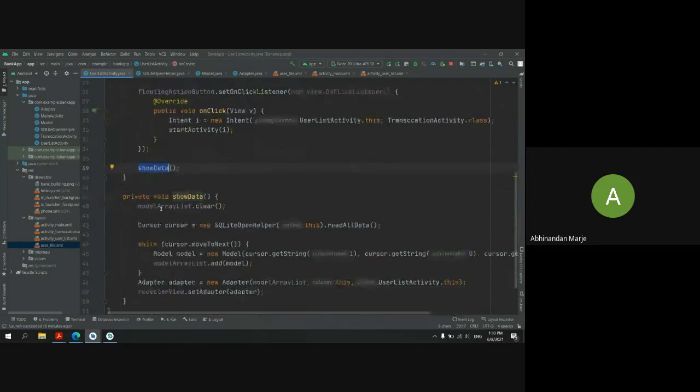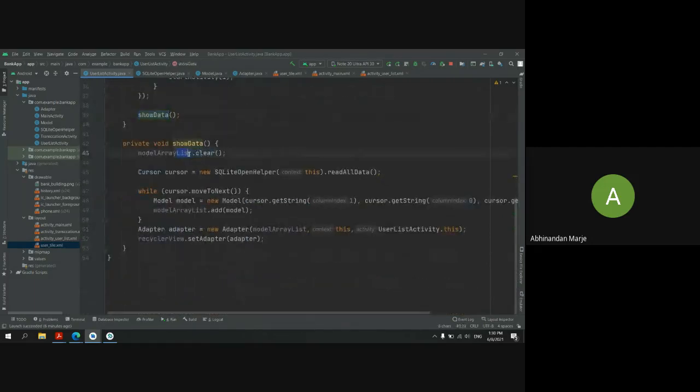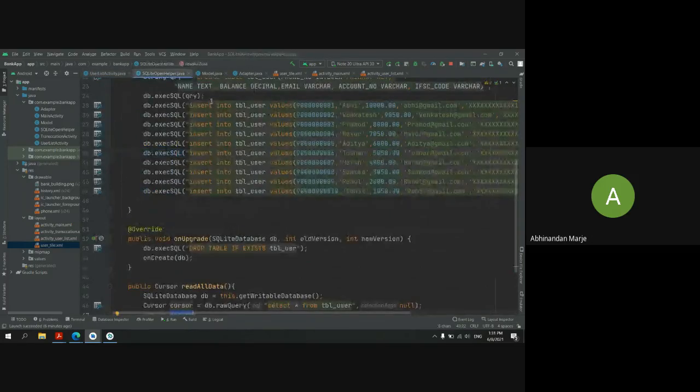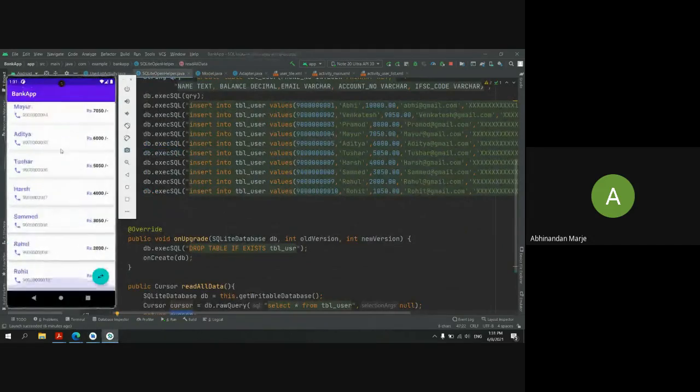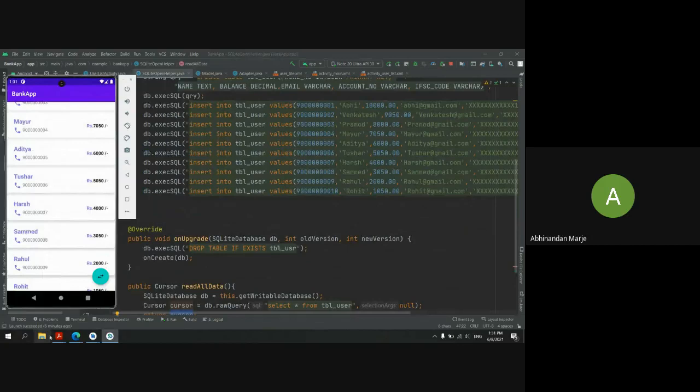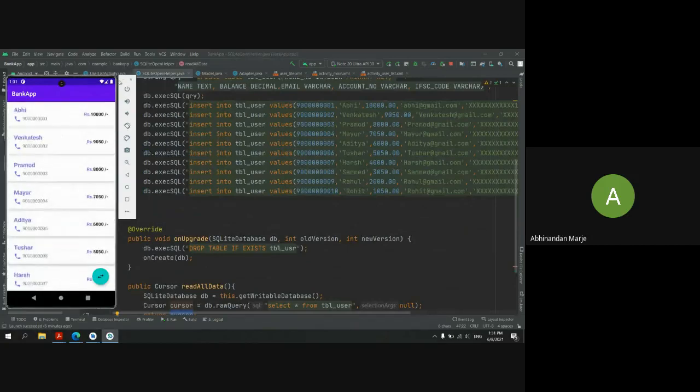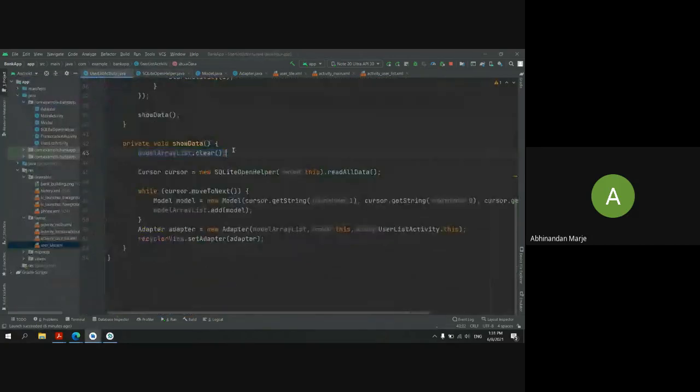Then I'm making sure that when I'm creating this, my array is cleared. If you do not mention this line, what will happen is that when you update the SQLite database, it will not update here, it will again give me the 10 other users at the bottom. Okay. If you're not mentioning the clear function here. So if you don't want to duplicate your data, you have to first clear it, then you have to put some data in my array list.